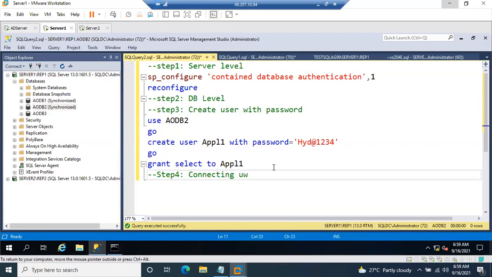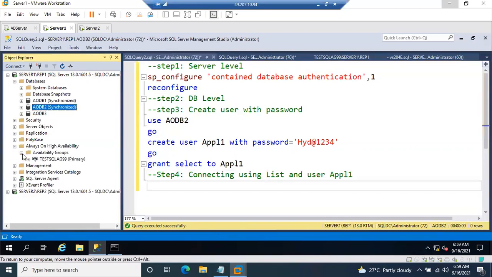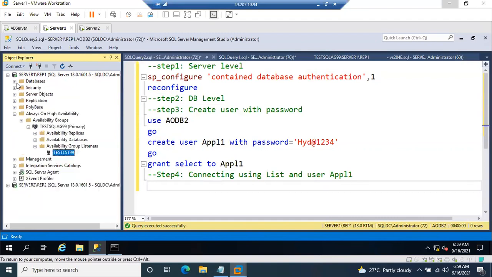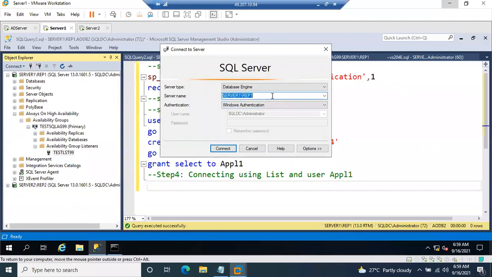Connecting using the listener and user APP1 application. Okay, just here is how we can connect now. Check once again what our listener is. This is our listener, right? Yes. Okay, click on this connect. Here we are not using server 1 or server 2. Directly we are using the listener